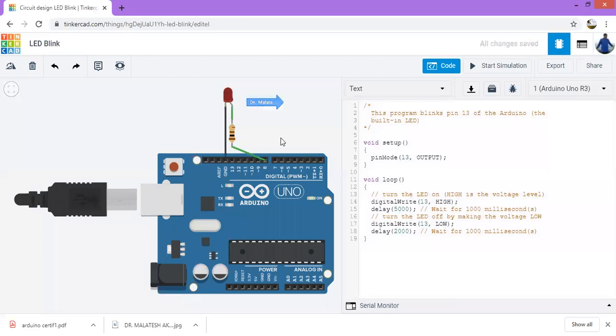At the same time, I have to change the pin number in the program also. Here, pin number 8. Everywhere I have to use pin number 8. Any pin we can utilize, not a problem.